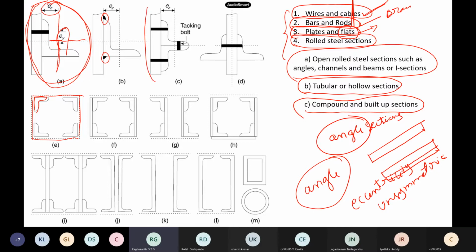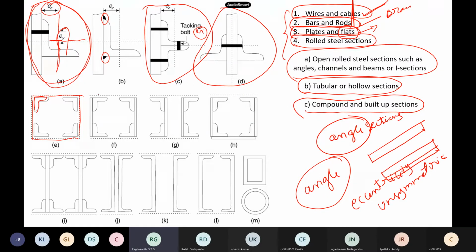So sometimes people use this type of arrangement: two angle sections, with a plate, connected like this. The advantage here is that one eccentricity is removed. EY is not there, only EZ will be there. Or sometimes you connect angle sections on both sides of the gusset plate, so that you can remove EY and EZ also, such that the bolt axis and the CG both coincide. So there are several design tricks to avoid these types of eccentricities when you have angular sections. Angular sections are the ones widely used nowadays as tension members.